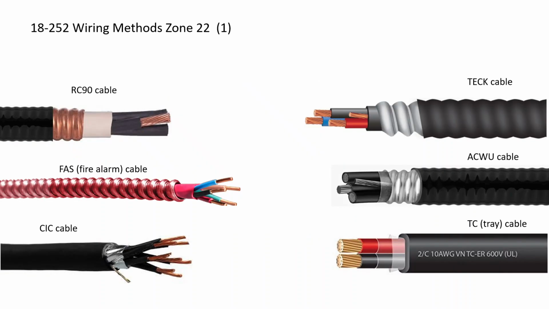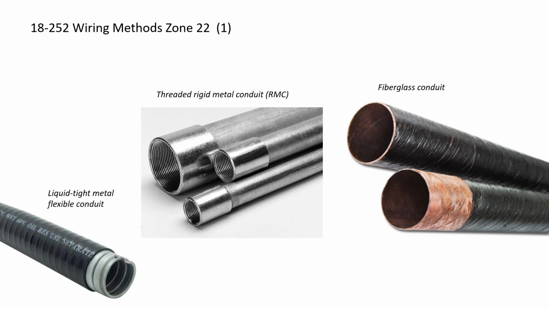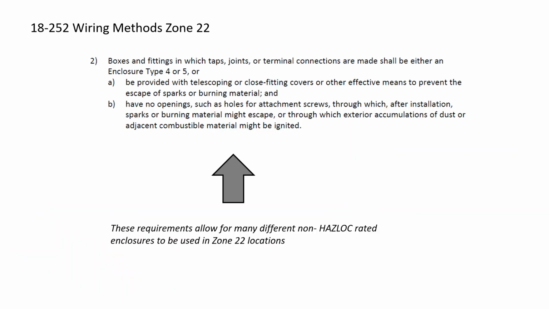18252 is the wiring methods for Zone 22. It's almost every single type of conduit or cable known to man. There is a lot of different types of conduit that are available and permitted, and really the only one I could see in there that isn't listed is EMT. Subrule 2 indicates that there's a lot of additional equipment you can install, like boxes and stuff, that are not HAZLOC rated. So if we look at Subrule 2, it says boxes and fittings where we have taps, joints, or terminal connections